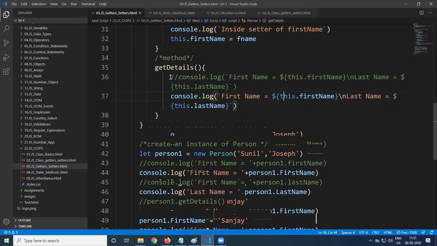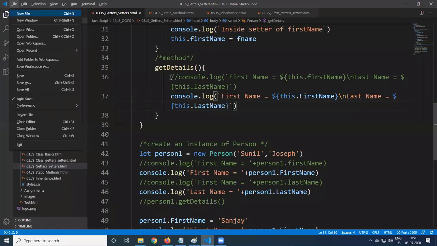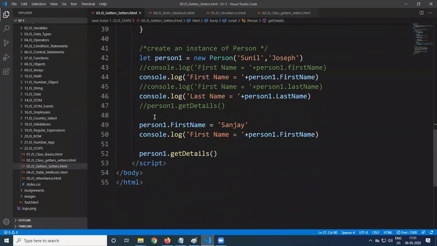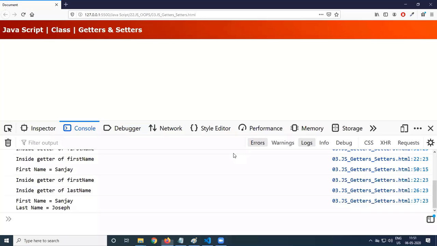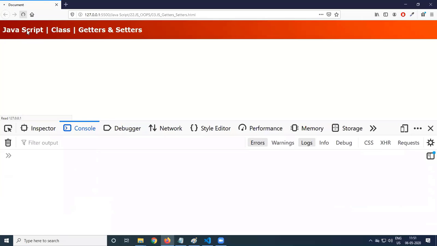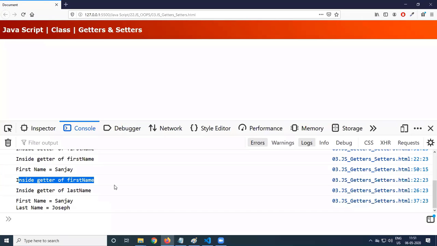How? First name, this dot F capital letter, and last name, L capital letter. So that the getter methods will be called whenever you call the get details method. Now you refresh. Inside getter of first name, inside getter of last name. So the first name value and last name value we are getting, calling the getter method.